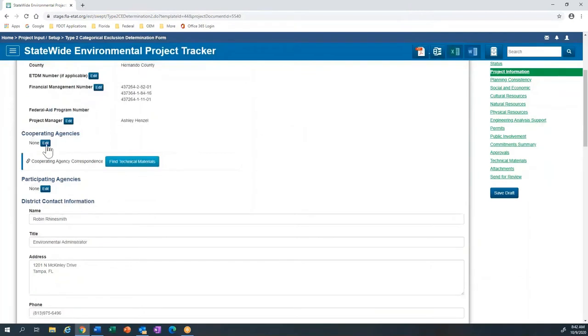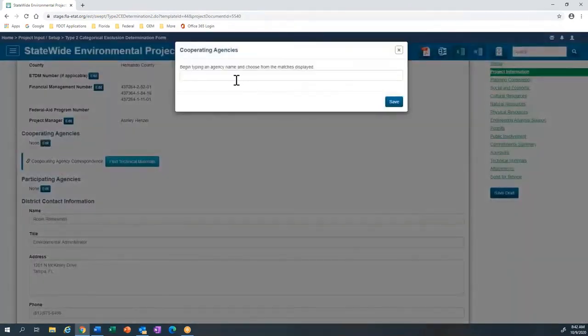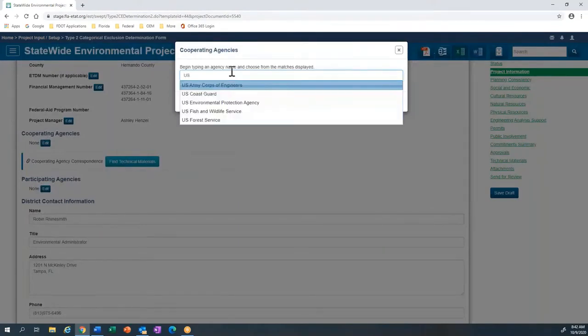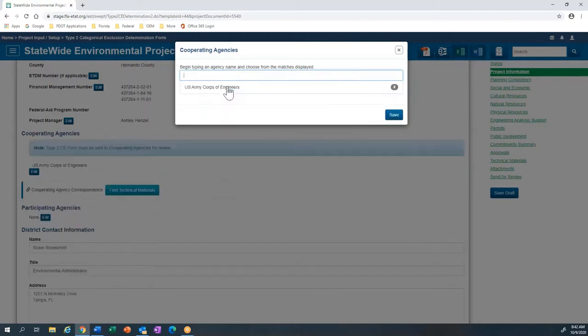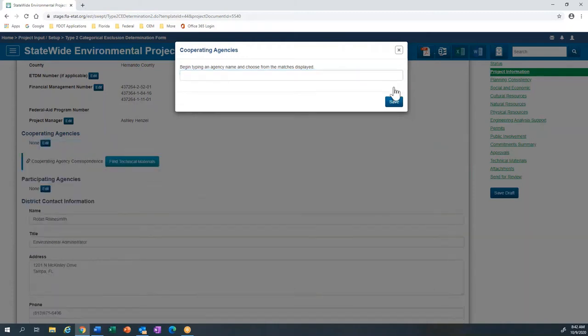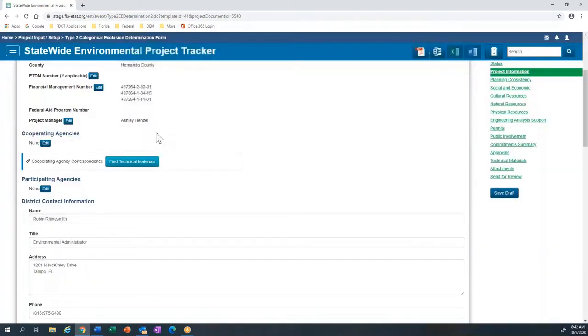Next, you can also add cooperating agencies. Here you just start typing in a name of an agency and then select it from the list when it shows up. Again, click Save to keep that on the project, or X if you need to remove one. I don't need to save this, so I'm actually going to take that off since there are no cooperating agencies